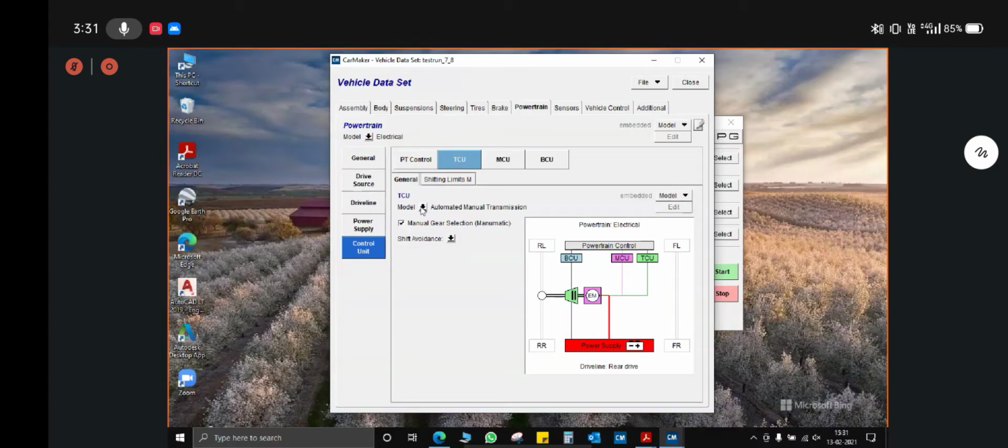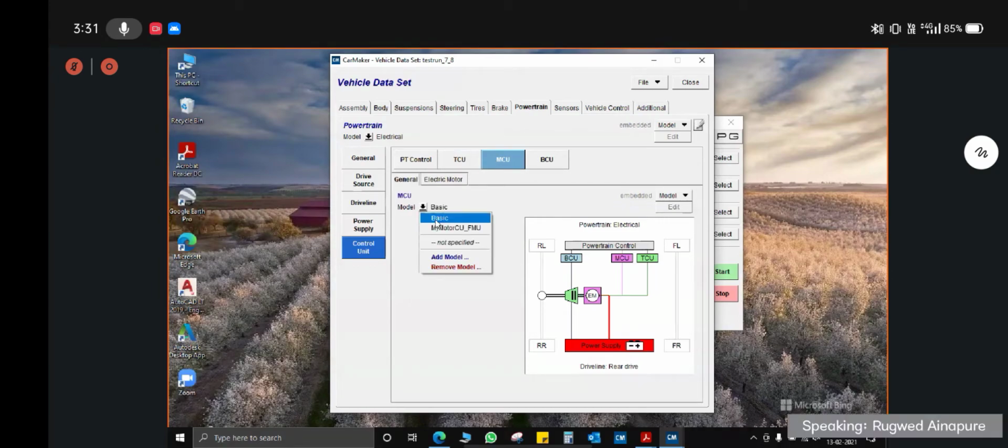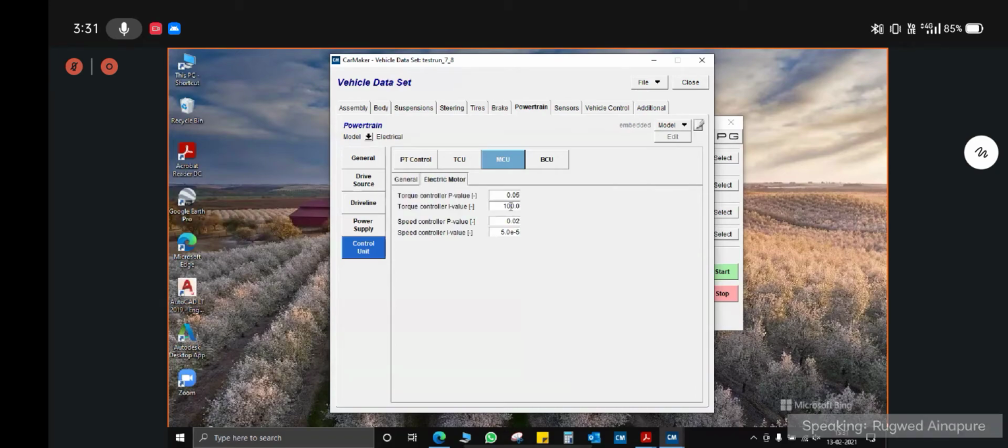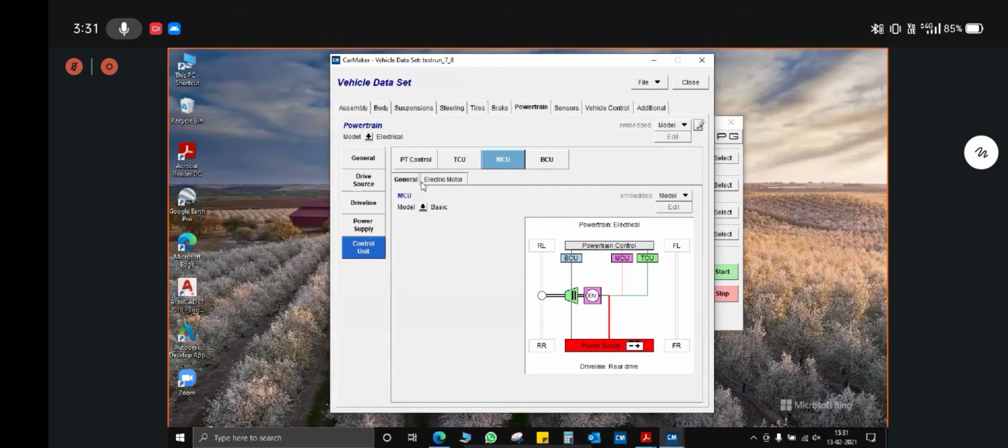And then finally the BCU, battery control unit. So with reference to the EBAHA rule book, the battery control unit model should be selected as low voltage plus high voltage 1. Okay. And all the inputs of BCU will vary depending on your individual design and the entire circuit, how you have designed it, and the number of loads that are on your circuit. So this was about the EBAHA powertrain.